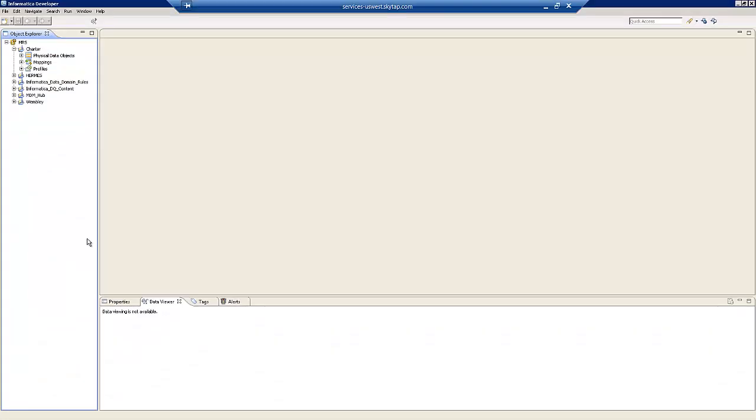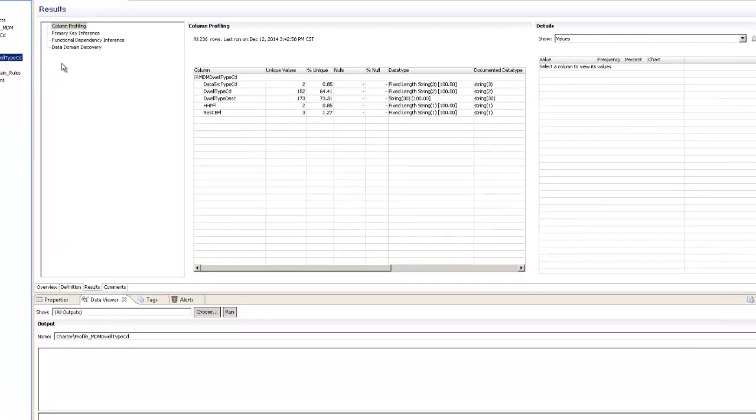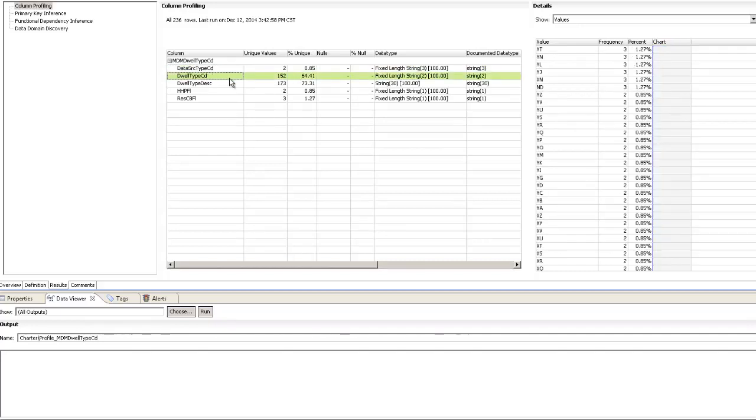Now there's a few different approaches that I can take to handle this reference data. So the first thing that I'm going to do is find a little bit more out about it. So I open up the data quality tool to do an initial profile on that data. And what a profile does is it looks at the individual fields. You can see there, when I highlight the field, I can see the values on the right hand side that